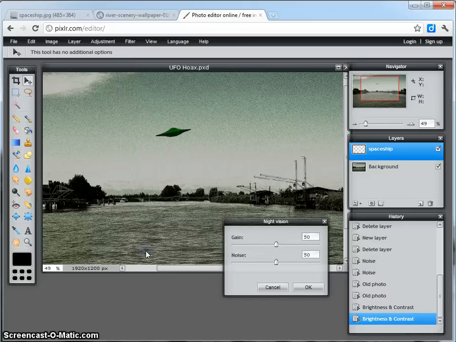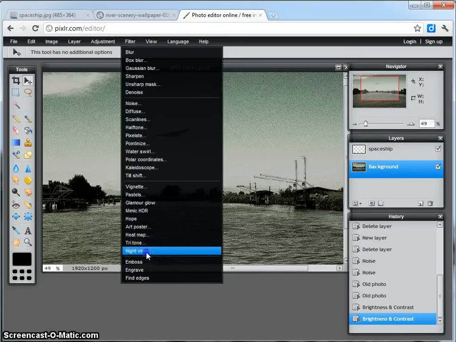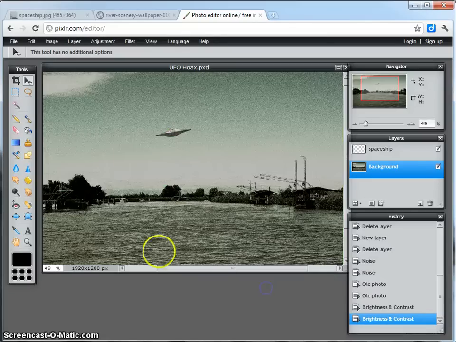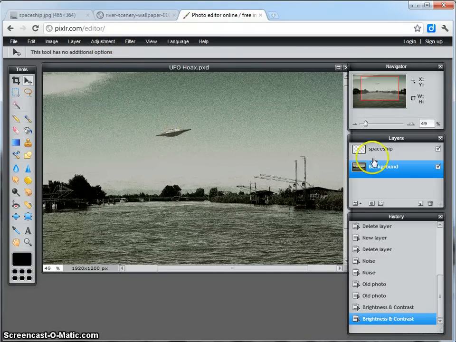For example, this night vision one. So if I just put it on the background, the night vision one, yes, it's pretty cool, it's a good effect, it looks like night vision goggles, but it's not really appropriate for this image, unless it possibly could work well. You could say that the picture is taken with a night vision camera, but you want to try and manipulate this image to make it look as realistic as possible. Okay, so open up your images, start playing around with the filters and adjustments. Make sure that you're applying those filters and adjustments to the correct layers, and then once you're happy with it,